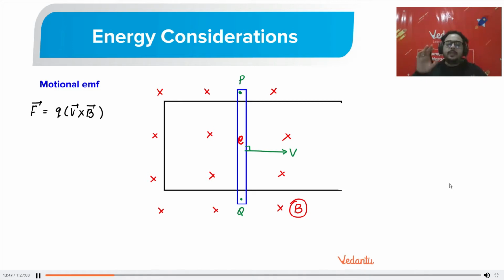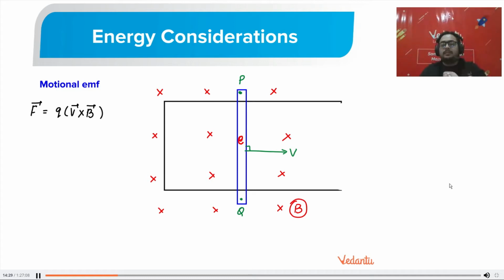Okay. Can you tell me the direction of force, everyone? Velocity is towards right. Magnetic field is inside. What will be the direction of force? Very good, Harsh. You have responded very quickly, but there is a little mistake in it. Everyone is doing it correctly. V is towards right and B is into the plane, so V cross B: the answer is coming up. Fingertips are inside, so the palm is coming up. That is why force is coming up.